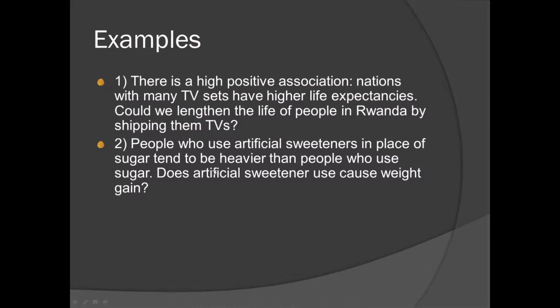All right, this is a thing. People who use artificial sweeteners in place of sugar tend to be heavier than people who use sugar. Does artificial sweetener cause weight gain? Well, maybe and maybe not. There is some scientific research that claims that when you eat a sweetener, it activates your hunger, or your body's expecting calories to go with it,